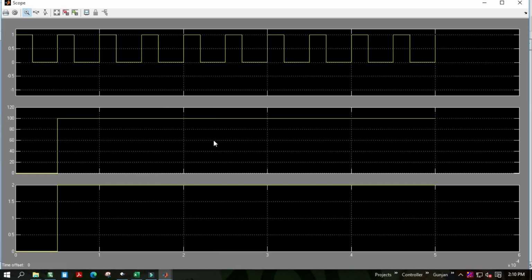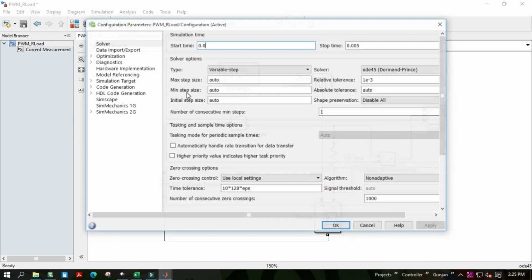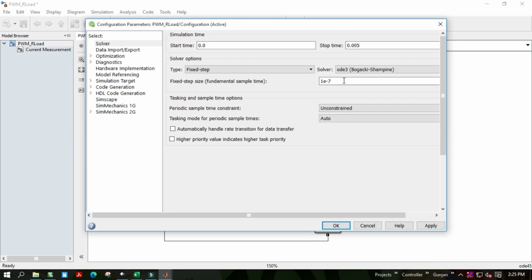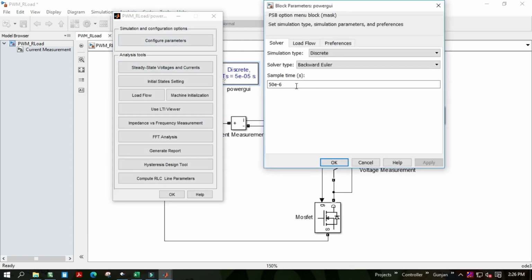There is some error in the simulation. We have not adjusted the model configuration parameters. We will go to the model configuration parameters in the simulation menu and we will select the fixed step size option, and the step size will set as 1e-7. Also, we will need to make some changes in the Power GUI configuration parameters. In the configure parameters of the Power GUI, we will select our sample time the same as the fixed step size, that is 1e-7.